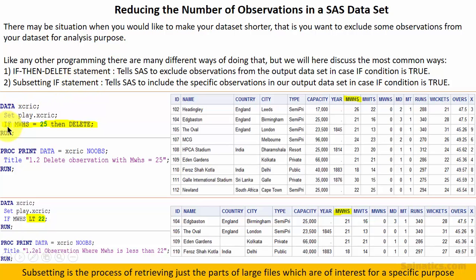As here you can see that I have used the if then delete statement. Here I have written if MWHS value is 25, then delete that observation. It will tell SAS to exclude that particular observation from the output dataset in case the condition is true. As here you can see that in the output dataset we are not getting any observations where MWHS value is